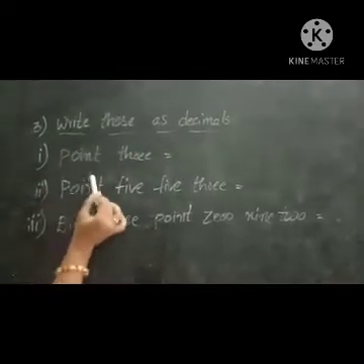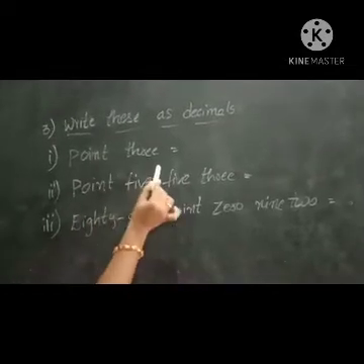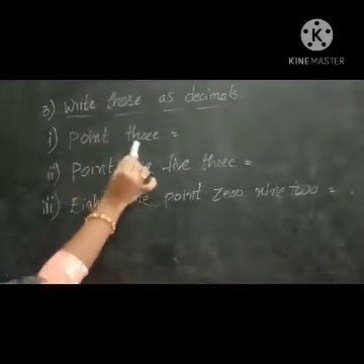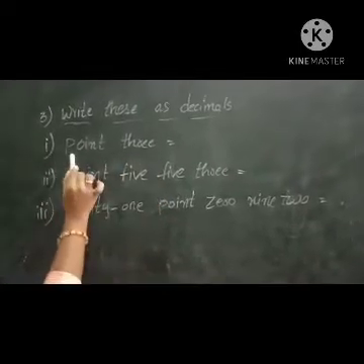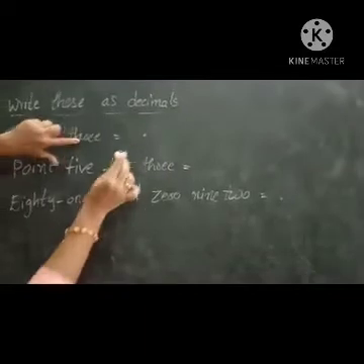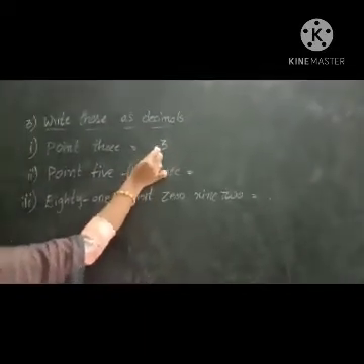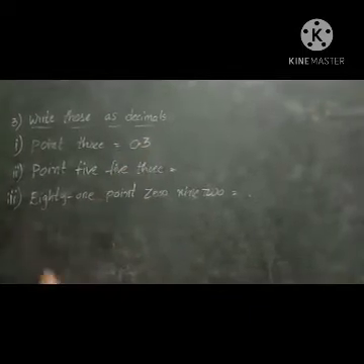See children, third one, write these as decimals. In the second one we wrote the words. Second one ఎట్లా రాసాం మనము, numbers ఇచ్చింది words లో రాసాం కదా. And now here we have to write the decimals. See here, what is the first one? 0.3. What is the first one? Point. Next one is 3. Write here 3. Point ఒకటి రాసుకున్నాం అనుకో కన్ఫ్యూజ్ అవుతాం. So we have to write 0.3.